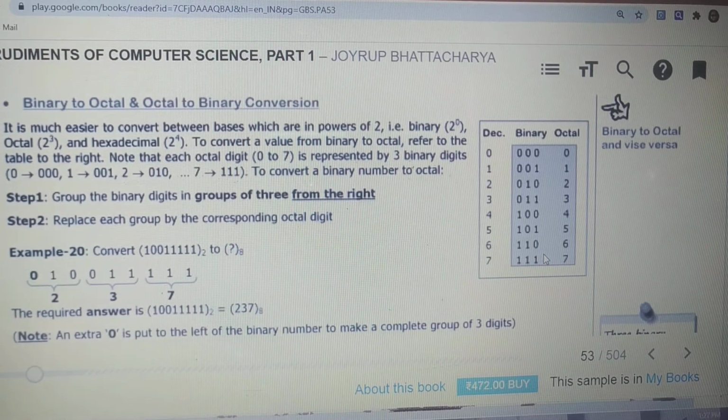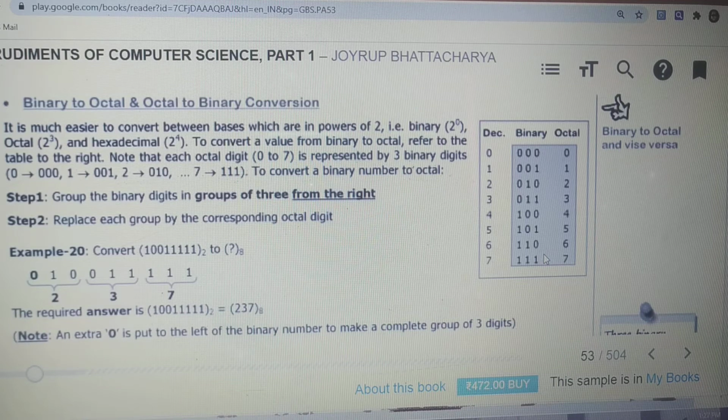You have to follow the same procedure, the division formula, like we do from decimal to octal or decimal to binary conversion. If you do it this way, we get the value. So decimal 2 in binary is 10. But in binary we have a 2-bit representation, while in octal it is a 3-bit representation. So that's why 10 becomes 010, an extra 0 you have to put beforehand. In this way we get this value.